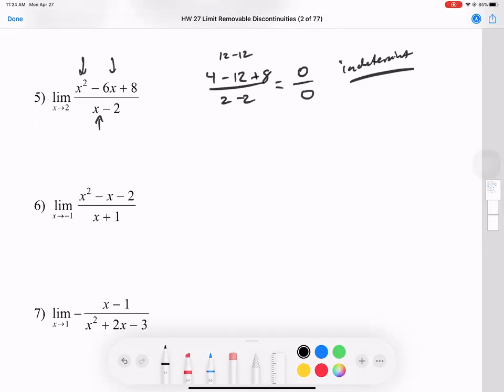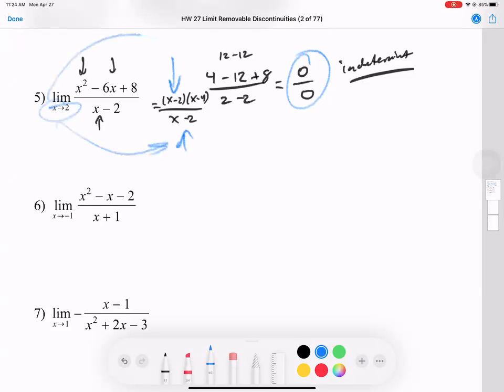So our way of dealing with these simple polynomials is simply factoring them. And we'll see, when I factor it, we end up with x minus 2, x minus 4 over x minus 2. We had 0 over 0 here. Why do we have a 0? Because we had an x minus 2 in both of them. And when I plug in the value 2, it made each of these become 0. Well, let's divide them. They go away. And we're left with